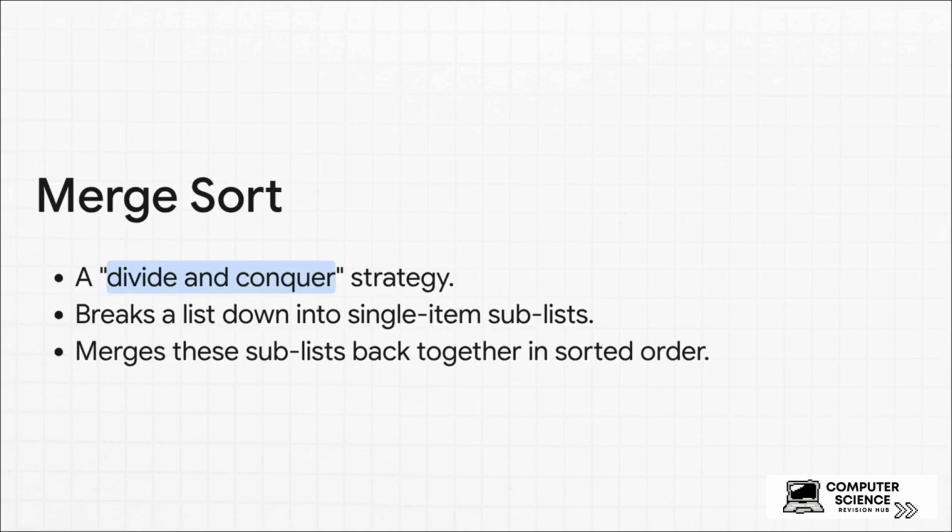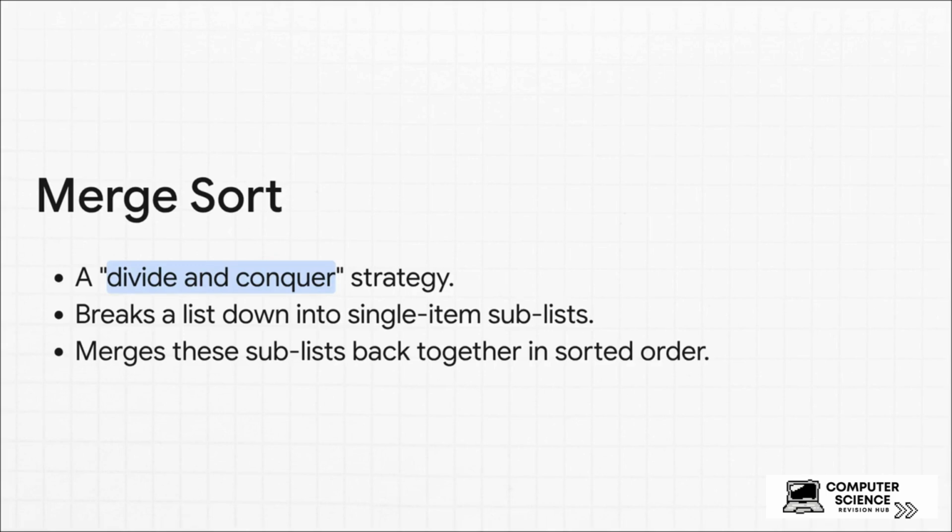And finally, we've got merge sort. And hey, look at that phrase again, divide and conquer. This algorithm takes a huge, messy list and just breaks it down and down and down until you have a bunch of tiny lists with only one item each, which by definition are sorted. Then it cleverly merges all those tiny lists back together in the correct order. This one is an absolute workhorse. It's a bit more complex, but its performance is so reliable and efficient, making it a favorite for tackling massive,